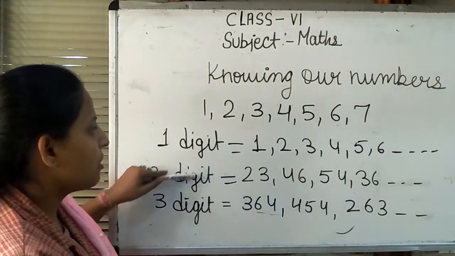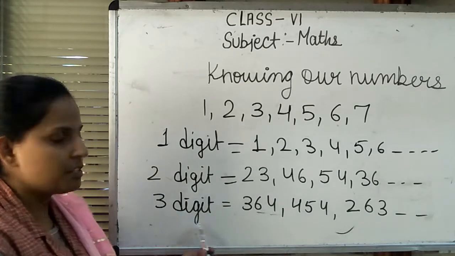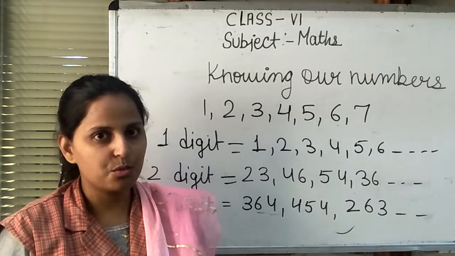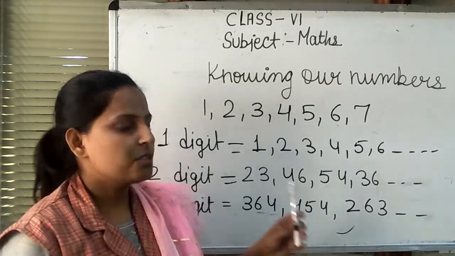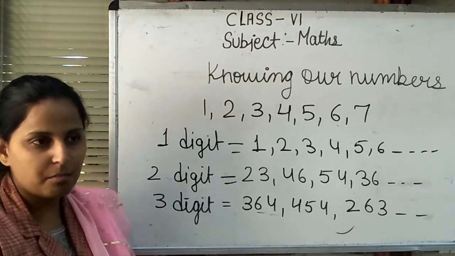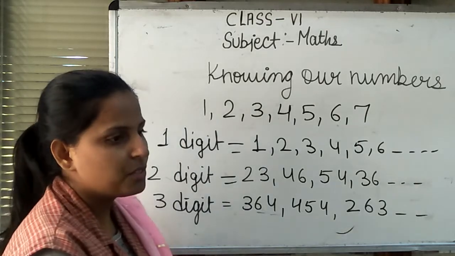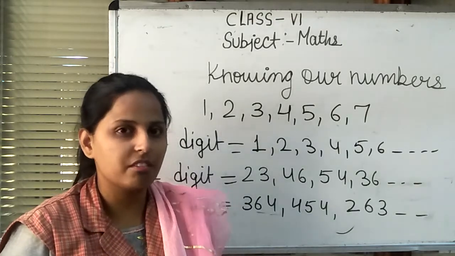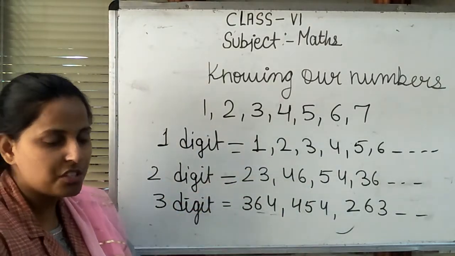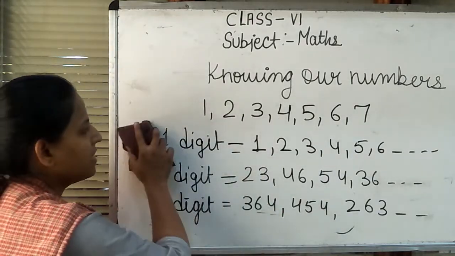Now we know the numbers according to digits, and we move to the next, by names. Because when we know numbers through digits, now we have names, like we have 2 names, at home and at school, different names. Similarly, this is knowing the numbers by digits, like 3 digit numbers and 4 digit numbers, and we move to names, because when we go to another place the name of our number is changed. Similarly, the name of the number changes in the Indian system of numeration and the International system of numeration. Today I will consider the Indian system of numeration.